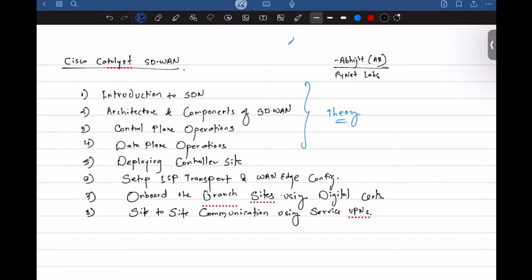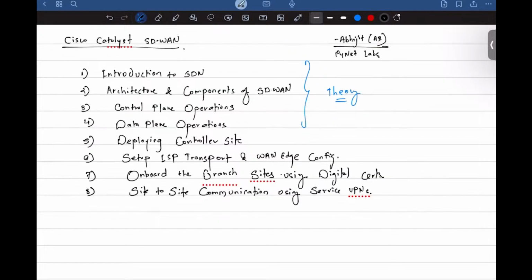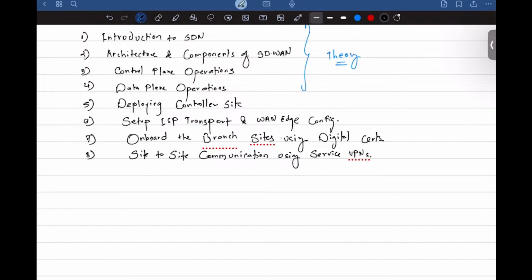Okay, what all are service VPNs and how does that work? That's something which we will discuss moving forward. And post that, we would jump into direct internet access. That's where we learn about local internet breakout and central internet breakout.